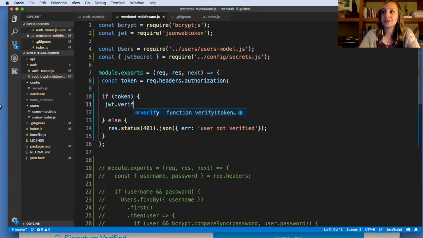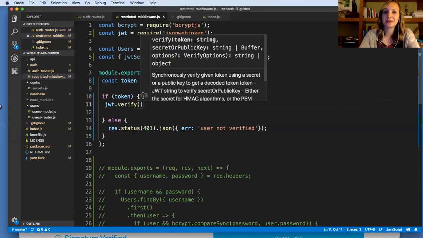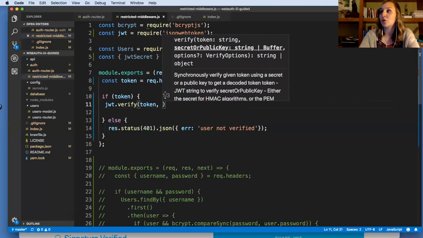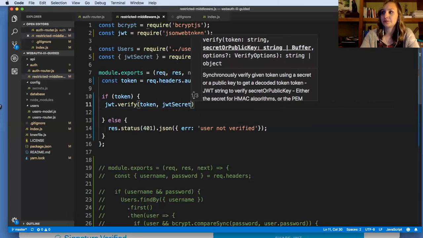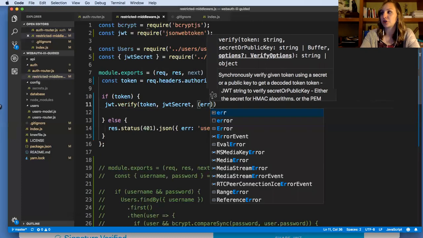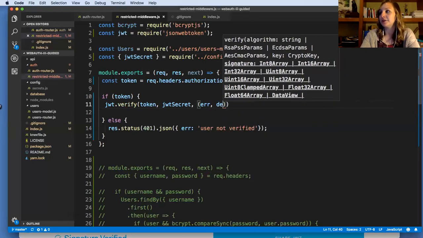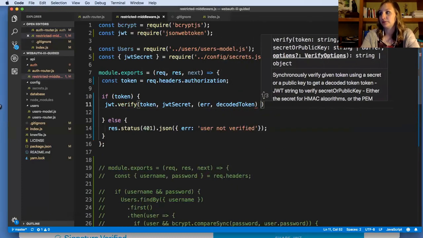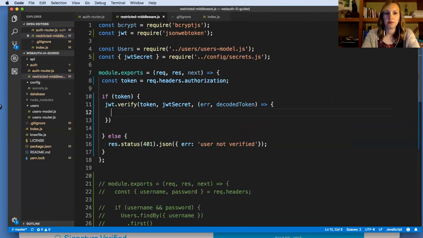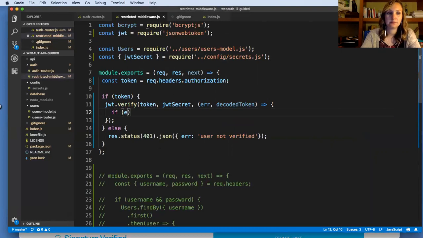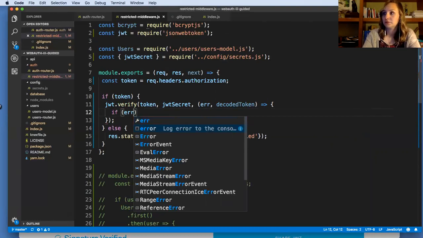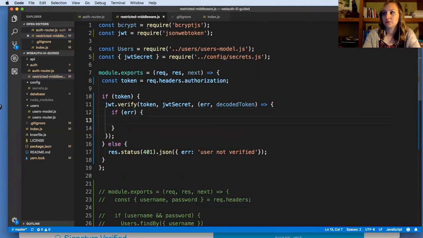So we're going to use this verify function that's built into the library. It expects a token and then a secret, and then a callback function that gives us an error and a decoded token. So we can handle the error down here. And the error, this is what will be triggered if it has in fact been tampered with. So we could say something like,